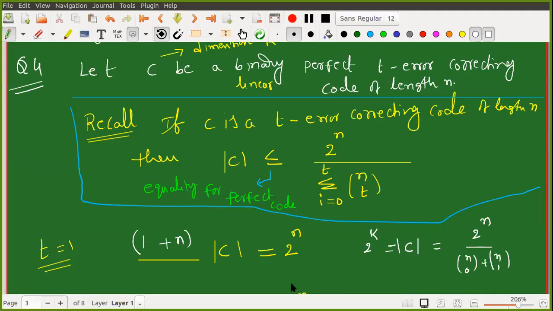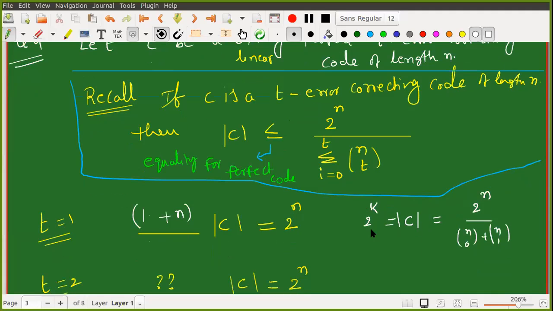So finally, what is happening? 1 plus n is equal to how much? 2 raised to n minus k. Very good. So what is n then? 2 raised to n minus k, plus 1, right? So if I take r is equal to n minus k, then